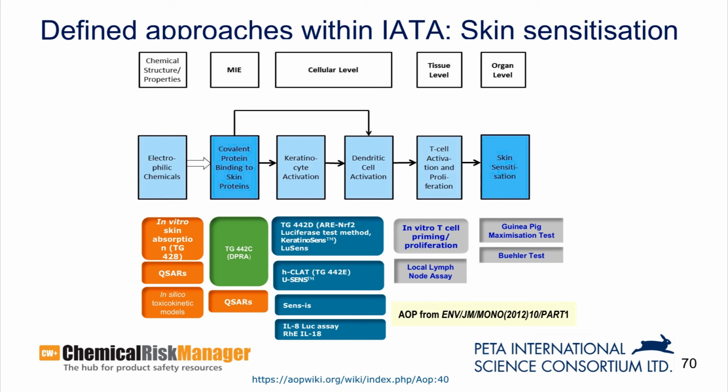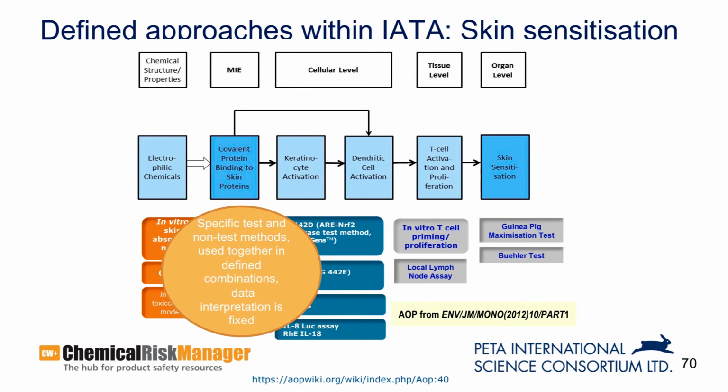in order to make inferences about what we expect to see at key event 4 and what is traditionally measured, say, in the local lymph node assay or indeed in the guinea pig tests, can we combine those early key events together in a systematic manner underneath a defined approach? And if you go to the next slide, I think you'll start to see,